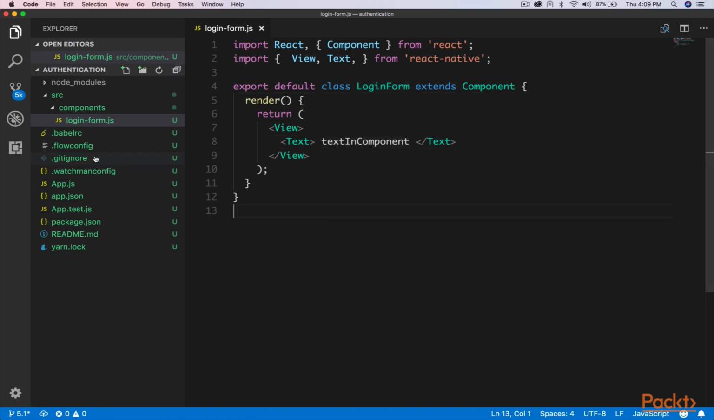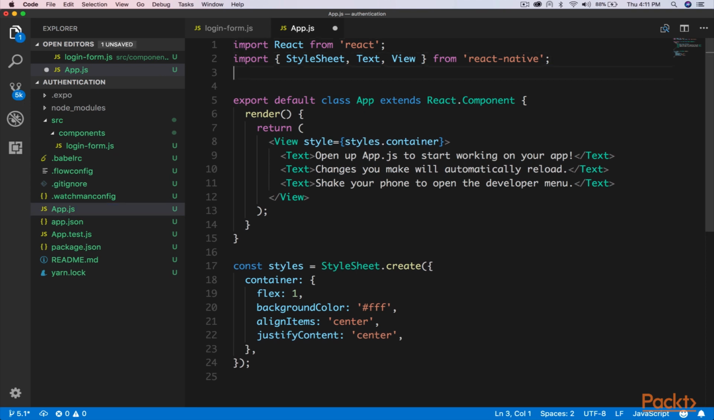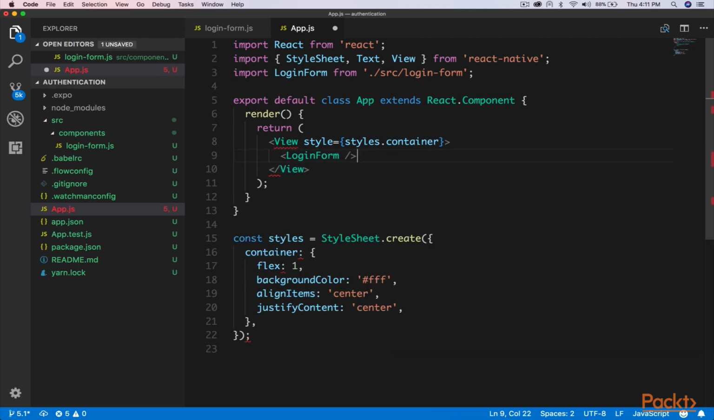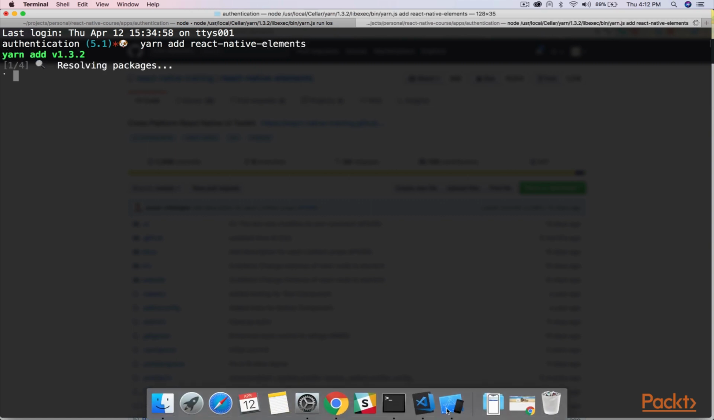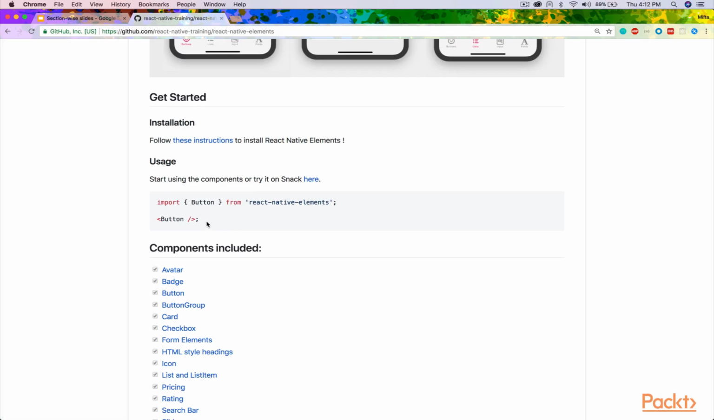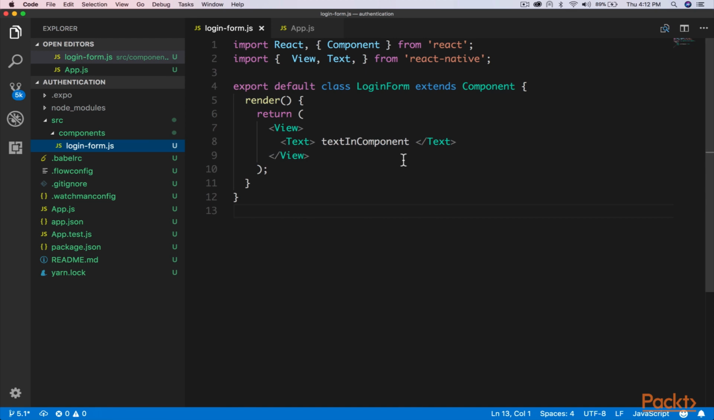So let's generate our boilerplate like so and call it login form. Cool. Now let's render this. Let's import this and render this over here. Now let's install React Native Elements like so. And let's see an example code to check out if this works properly or not. So let's hop on to our login form and we'll be using the button from the library